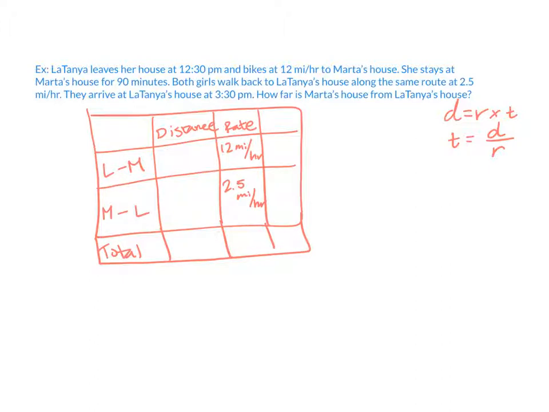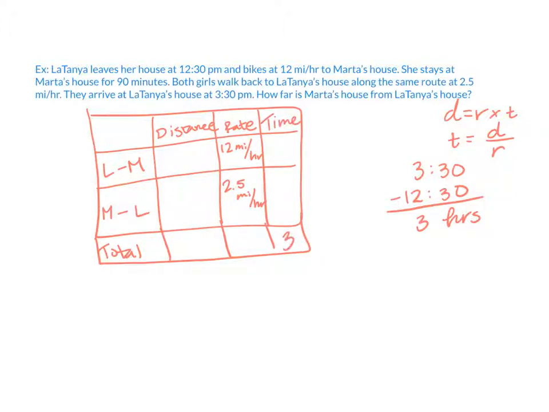The reason it can be given to us is because they tell us that she starts traveling at 12:30 and that they're done traveling at 3:30. So if I do 3:30 minus 12:30, I see that they've traveled 3 hours. So their total time